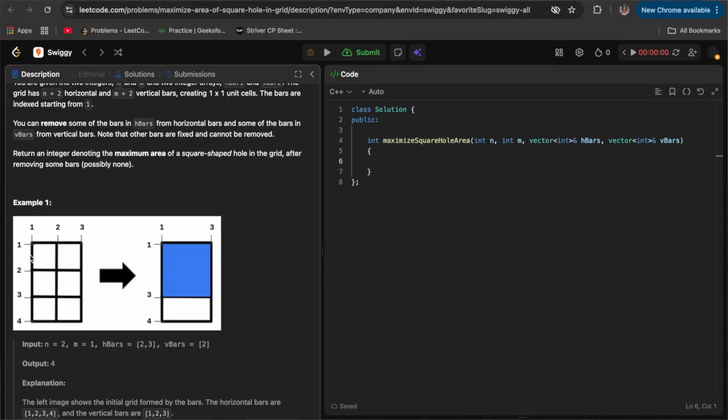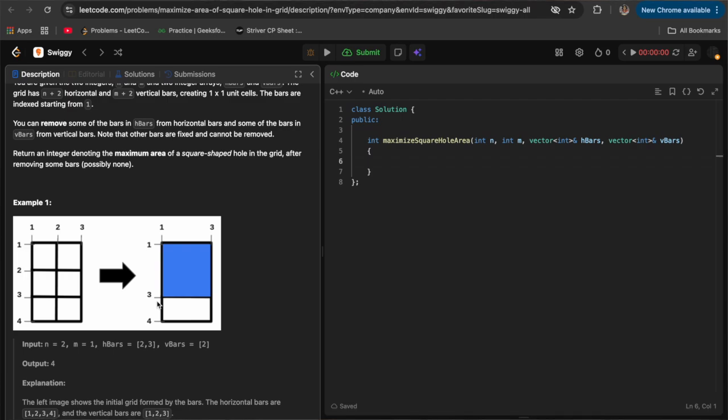Let's go to example 1. What I was trying to say is that my up is at 1 and my down is at 2, and I'm removing 2. In that case, I'm not updating my up, but I'm updating my down to 3, because I removed the second. There is no point in taking down as 2. I'll take down as 3, and the maximum height I'm getting is 3 minus 1. Again I'll go to the next index, which is 3, so I can remove 3 also. So I'll mark my down as 3 plus 1, that is 4. Now I am getting a maximum height of 4 minus 1, that is 3.